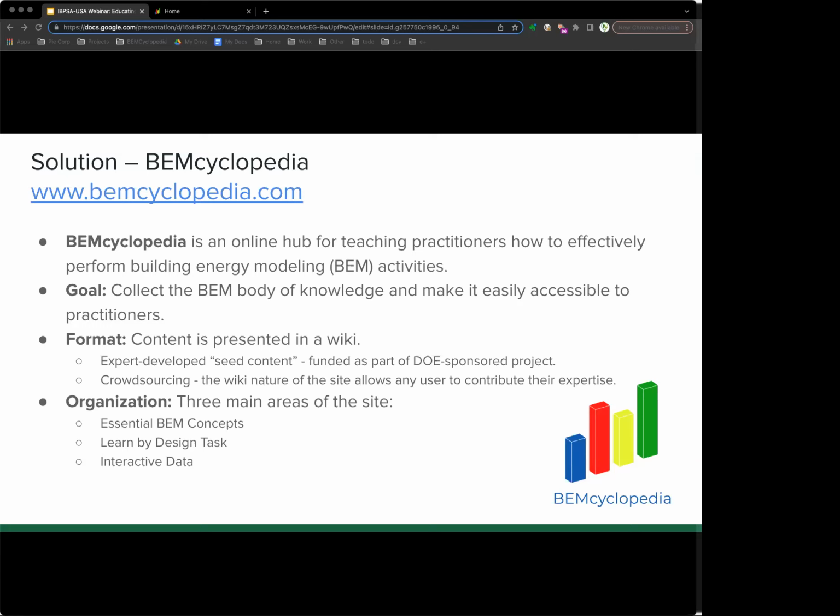The seed content that currently exists on the website was created with the support of DOE by a group of industry experts, but the long-term goal is for the site to expand through crowdsourcing. And we'll come back to this and talk about this towards the end of the presentation. The BEMcyclopedia website is organized in 3 main areas called Essential BEM Concepts, Learn by Design Task, and an interactive